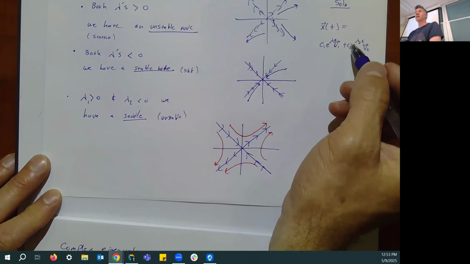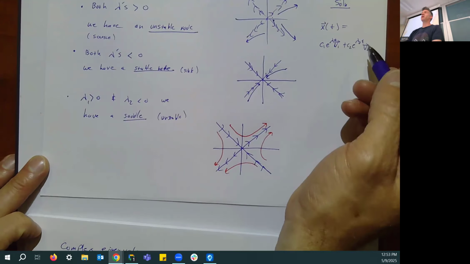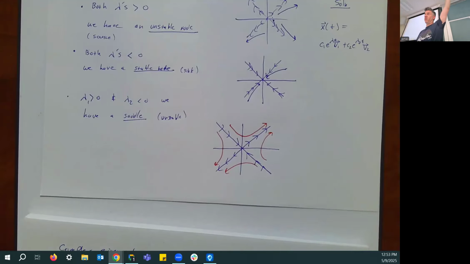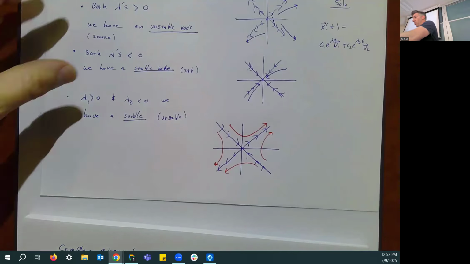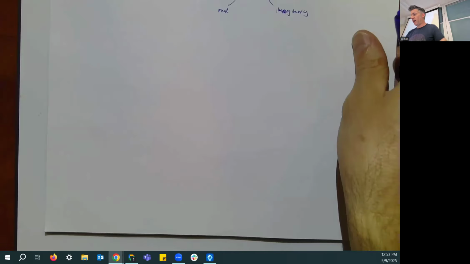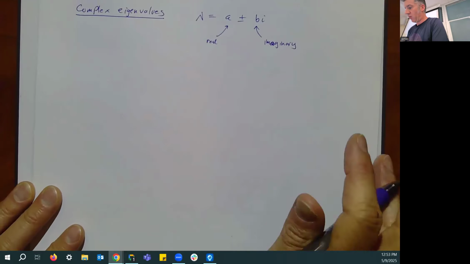If both lambdas are positive, oh yeah, those e to the t's get bigger. If both lambdas are negative, those e to the t's get closer to 0. And if one's positive, one's negative, the positive one gets really, really big and the negative one gets close to 0, so it's still unstable. Whereas here, if that's your eigenvalue, then your solution, as we just saw, looks something like